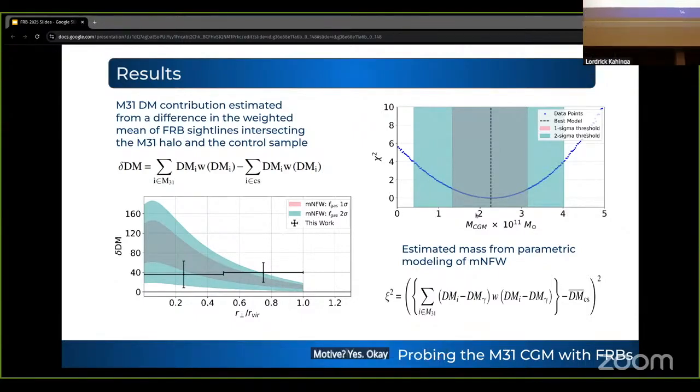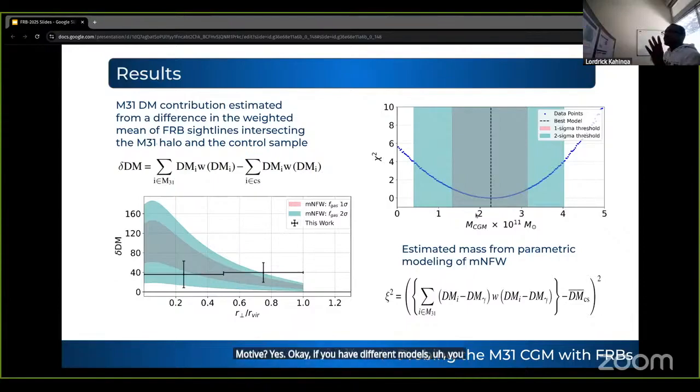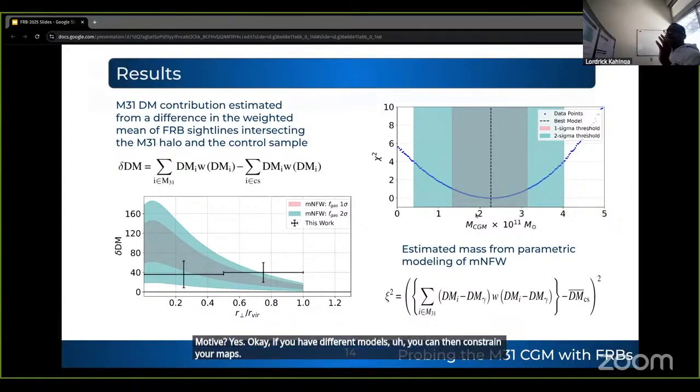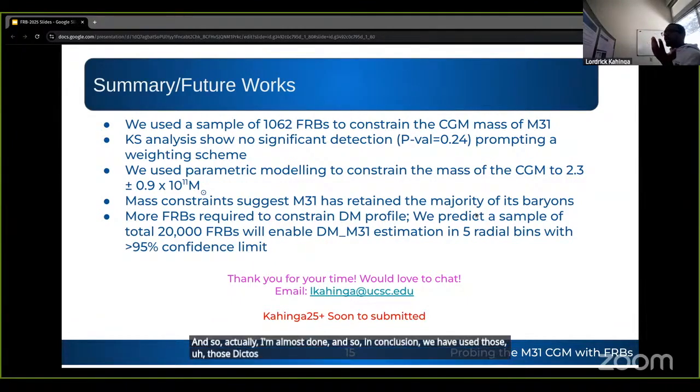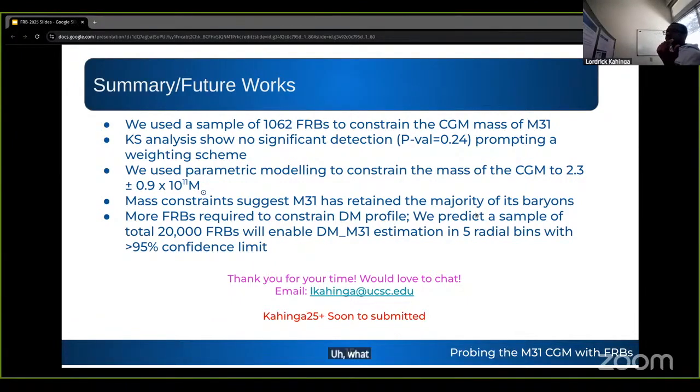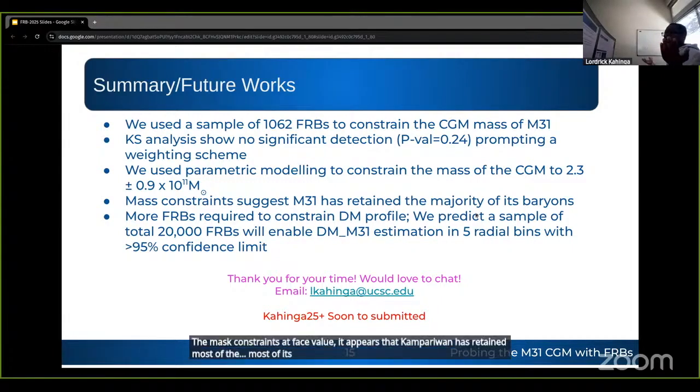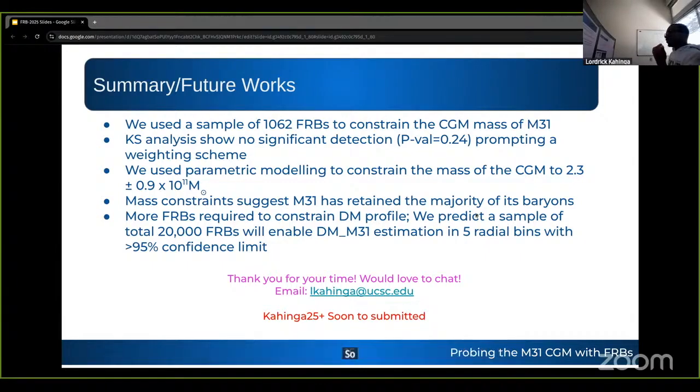Okay. If you have different models, you can then constrain your mass. Actually, I'm almost done. In conclusion, we have used those DMs to constrain the mass. What I want you to also think about, at least if you take the mass constraint at face value, is that it appears that M31 has retained most of its baryons, but once again, we still have very, very large error bars. So we predict that maybe if you have 20,000 FRBs,